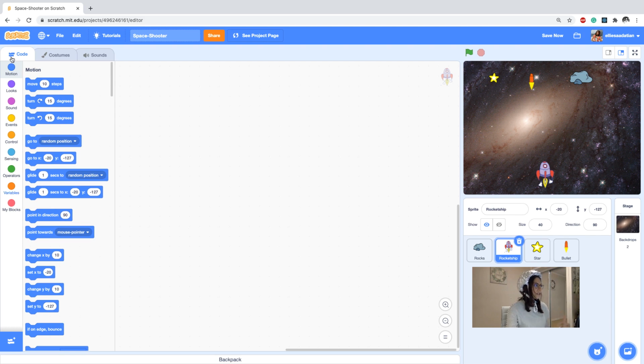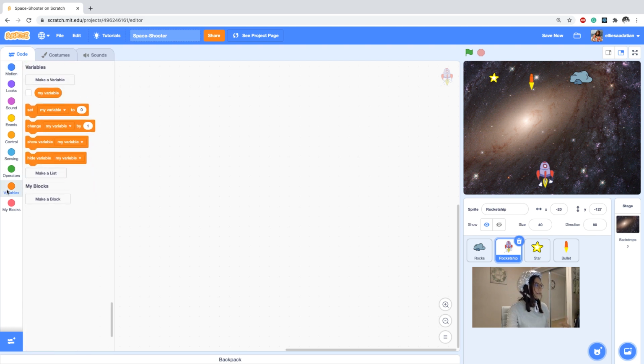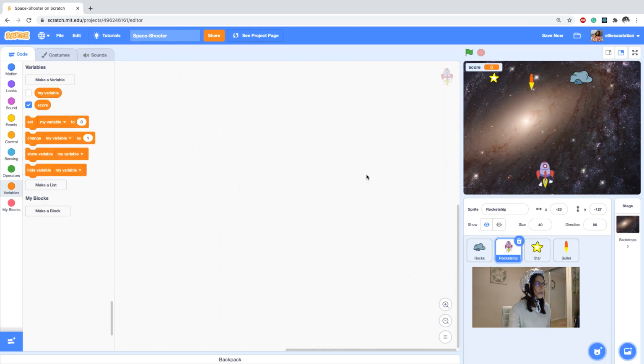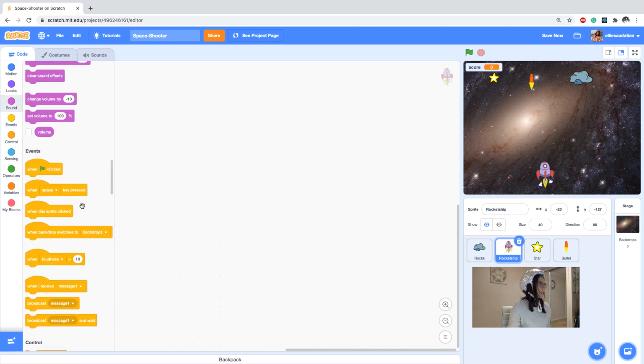So first let's create a variable, make a variable, and I'm gonna name it score. I want it to be for all sprites, so I want it to be available to all sprites. So okay, so I have the score here, and then so just when start clicked,